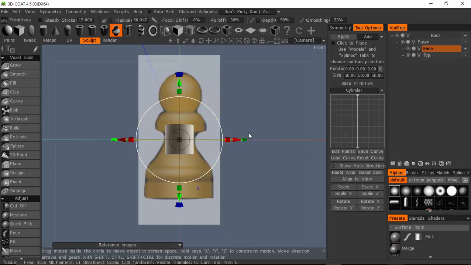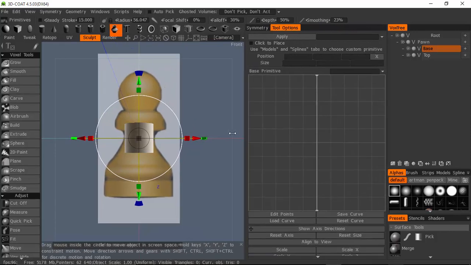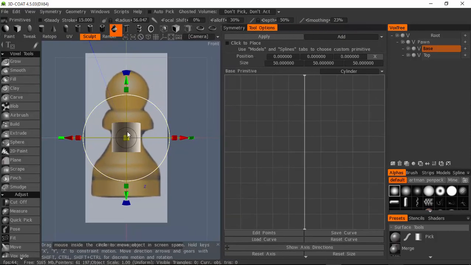It's a very circular shape. It has no sharp edges. I could make chess pieces with squared edges, but for now we're going to use this. Now I like to make this bigger, and I want to be zoomed in like this. Now before I start using the tool over here, I want to give this some rough proportions. So I'm going to make this longer, and I'm going to make this wider,